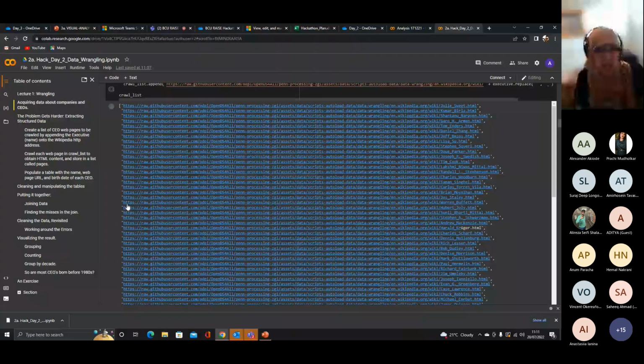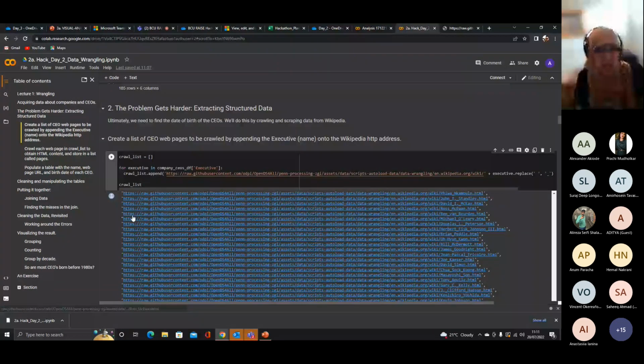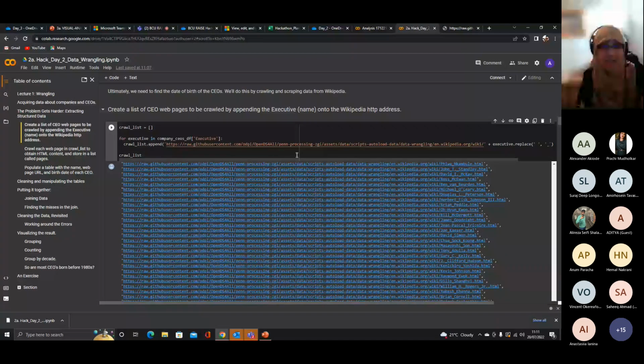To get a bit more complicated, we then need to extract the structured data. So essentially, in this example, we're going to find the date of birth for the CEOs. We're going to be doing this through a technique called crawling and scraping data from Wikipedia. So in order to do this, we need to create a list of CEO web pages to be crawled by appending the executive name onto the Wikipedia HTTP address. So first of all, we obviously need to create